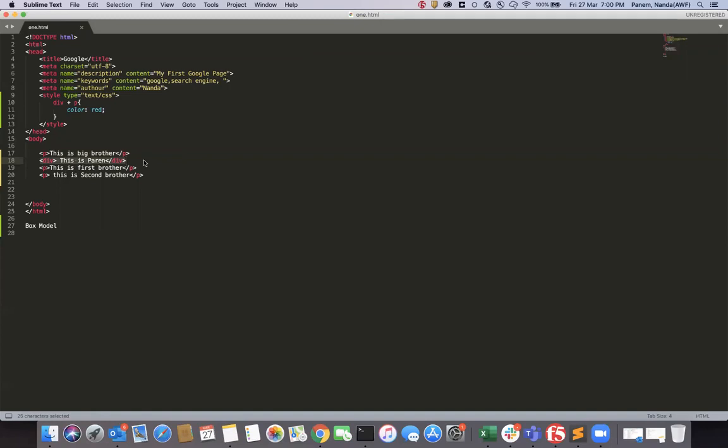By using these combinations, we can provide CSS for multiple things. Why do we need these combinations? Because providing a style for each and every element makes the work very big, and your page will be full of lots of colors.